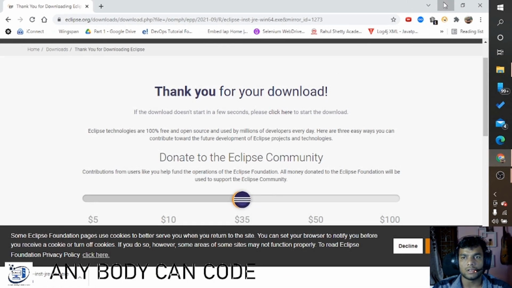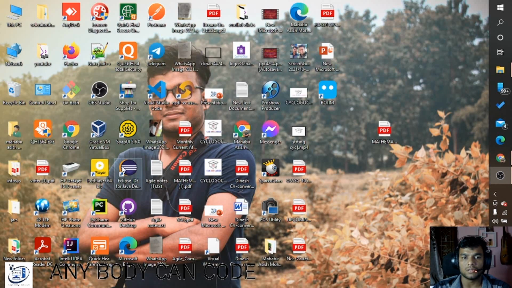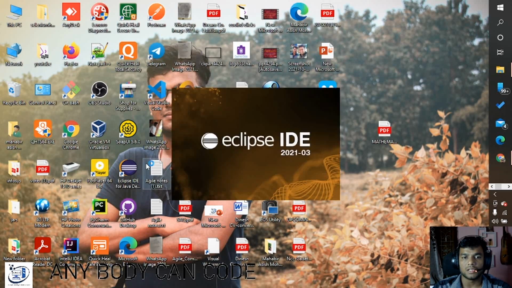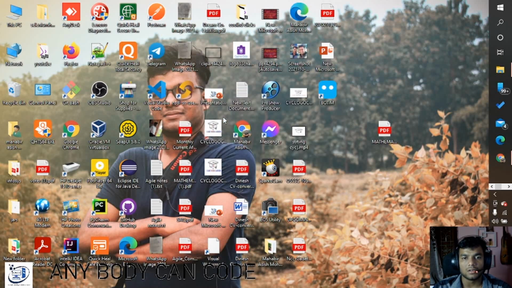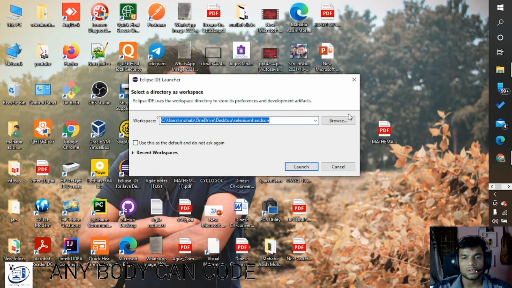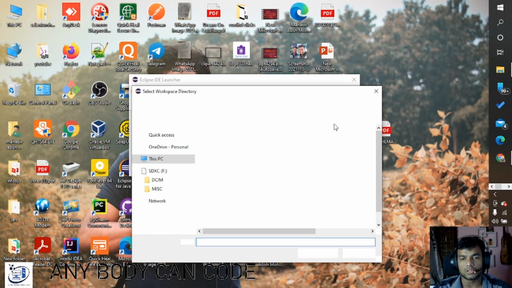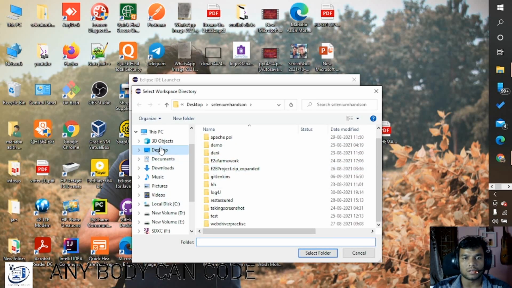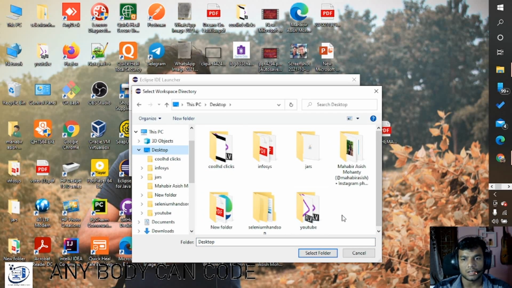Once you have done the installation of Eclipse and open it, there will be something like a default Eclipse workspace. Mine will look a little bit different because I have already worked on it. So I will create a new workspace, which will be better for your understanding.